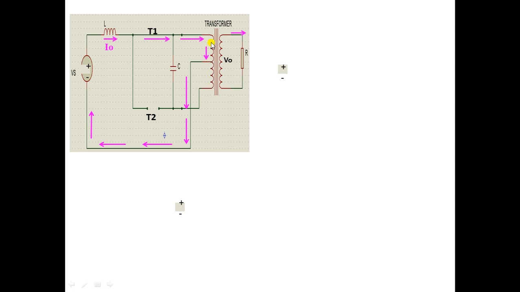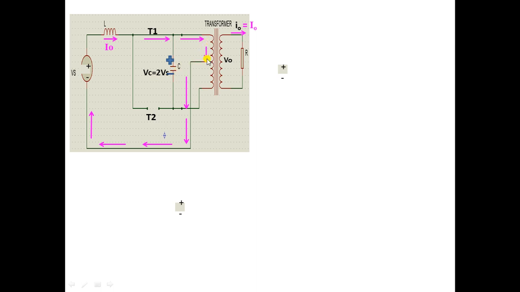And this voltage, 2Vs, appears across this capacitor C. This 2Vs appears across capacitor C that charges the capacitor to a voltage of 2Vs with this upper plate positive, lower plate negatively charged. So the voltage across capacitor is Vc, which is equal to 2Vs. How is this 2Vs produced here?